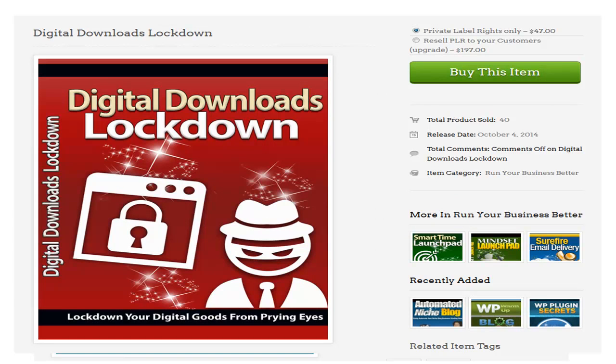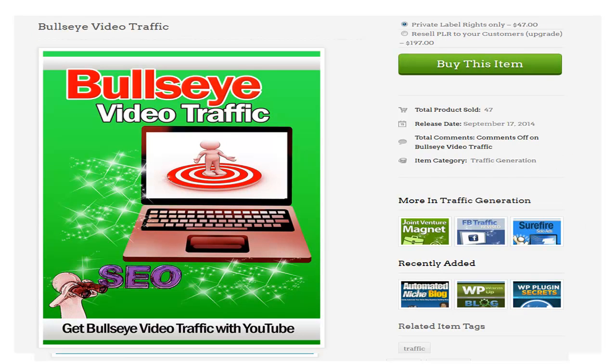Another product that's included in this package is a digital downloads lockdown. We've included this because internet security is very important, and especially with yourself, protecting your downloads, protecting your software dashboard downloads. When you put those out there, we want you guys to be able to protect your own downloads. But other product sellers, like you're going to sell these dashboards to people that like ready-made PLR products, right? So they want to protect their downloads as well. So it's very important that you get this information to them.